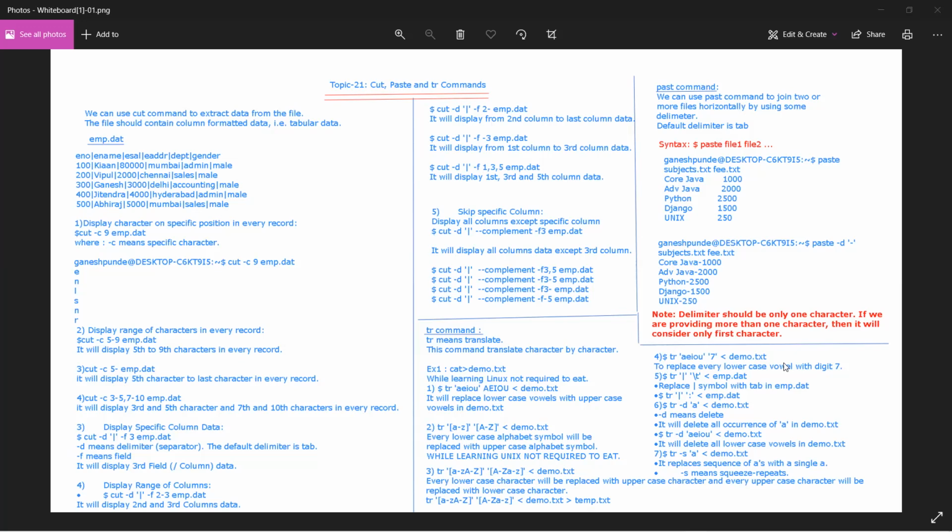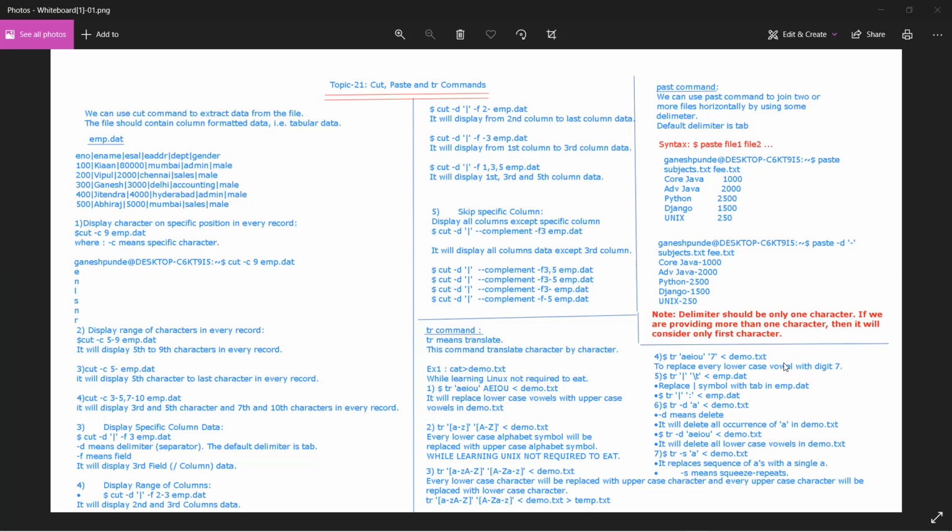So it will delete all the occurrences of a in the demo.txt file, right? So by using this hyphen d flag, you can delete the characters present in the file.